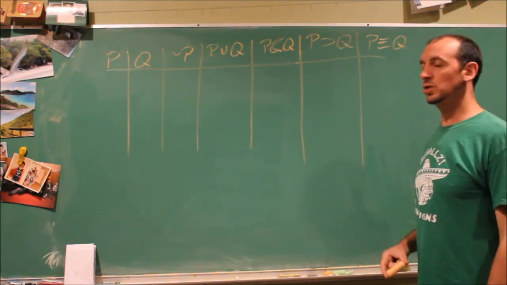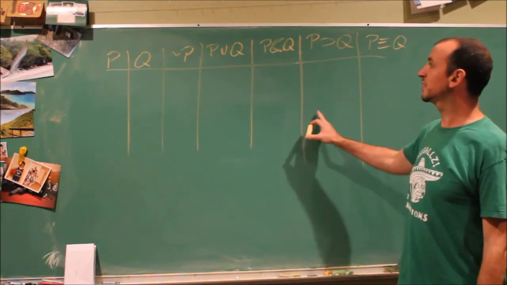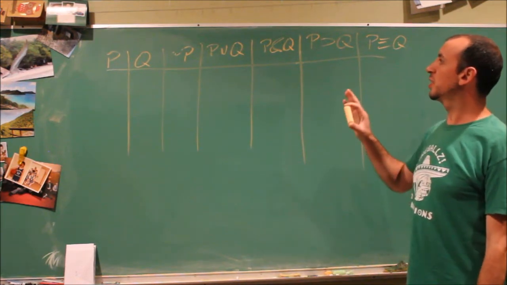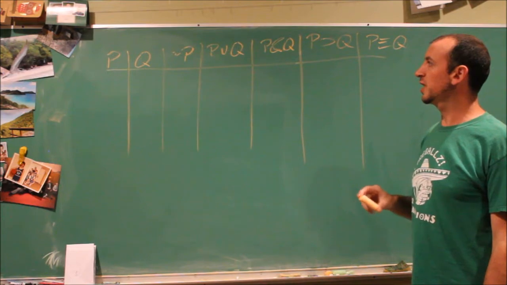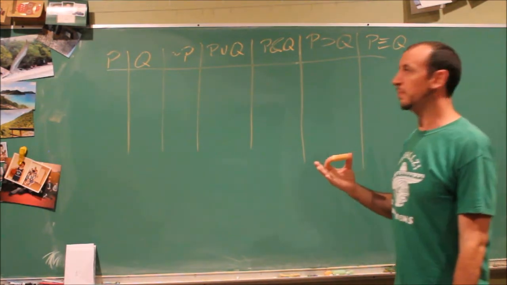So I chose P and Q. It could be A and B, it could be X and Y, it could be any two letters that you want in the world to get started. This is when you have two letters and you're building a truth table. So we're going to start with our P and Q columns. You always start by